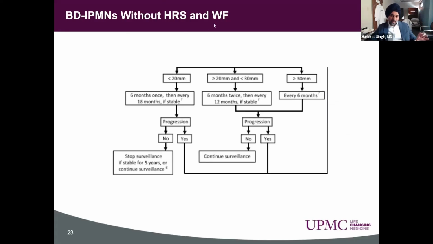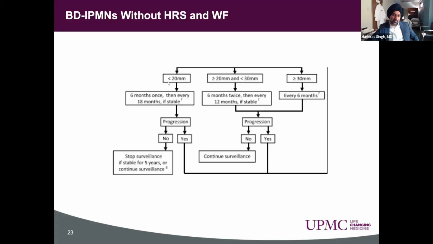If no high risk, no worrisome feature, and your cyst is less than 20 millimeters, the international consensus guidelines tell you to repeat imaging in 6 months and then every 18 months if it stays stable. This time frame varies across different guidelines. There is data to suggest one way or the other, but sometimes you can follow them at a 1 year interval. Sometimes these 18 months can be shifted to 2 years, depending on the stability of the cyst and how frequently a patient can get evaluation. So less than 20 millimeter, low risk cyst, you survey them in 6 months, assuming that they're stable, then you do every 18 months to 2 years, whatever guidelines you choose to follow.